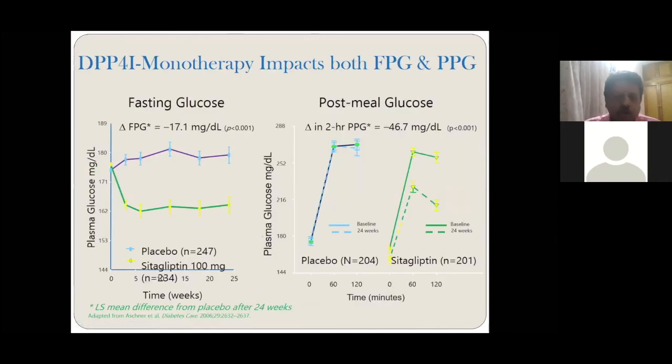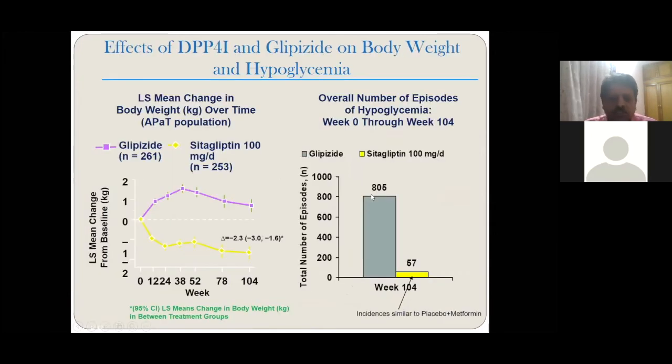But the problem of any agent that you use for stricter control is weight gain. So as sulfonylureas increase the weight gain, this is weight neutral. If you see the fasting, it reduces, and the postprandial also reduces. So the reduction is significant. But if you compare to the glycoside and the